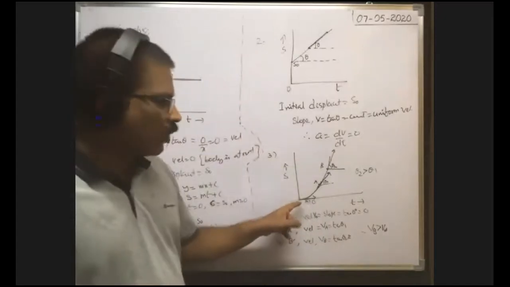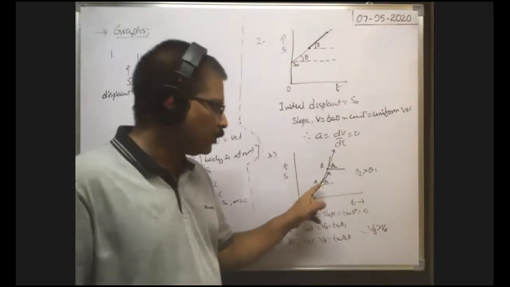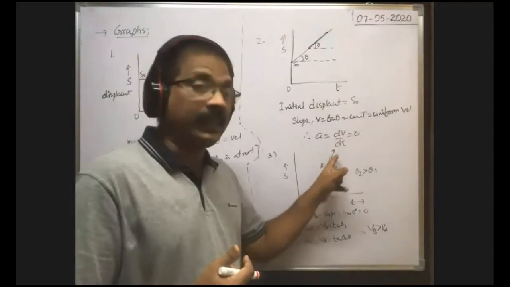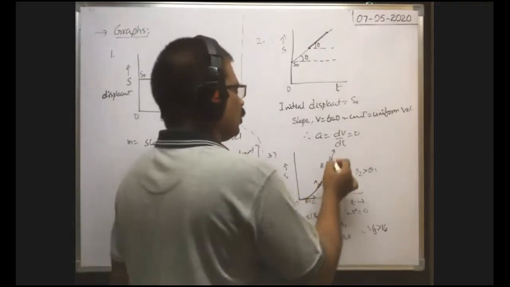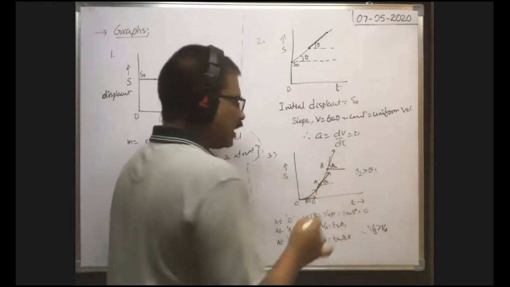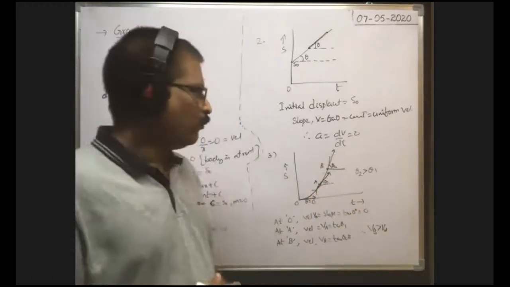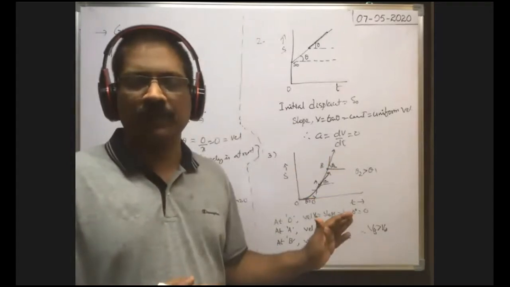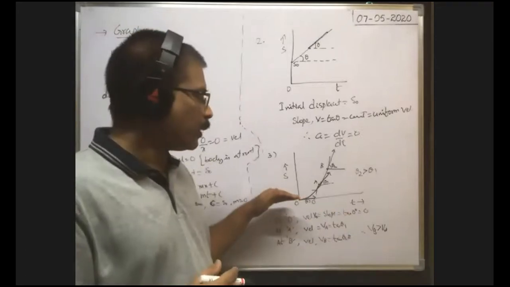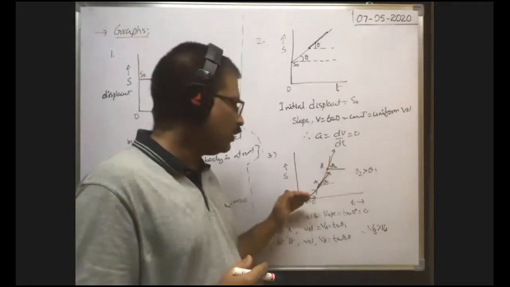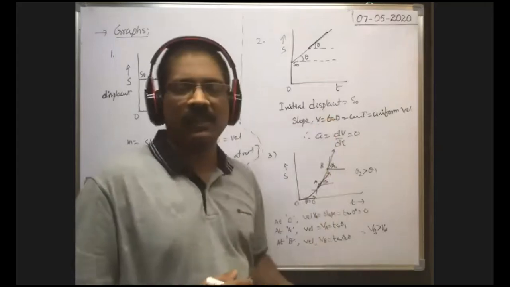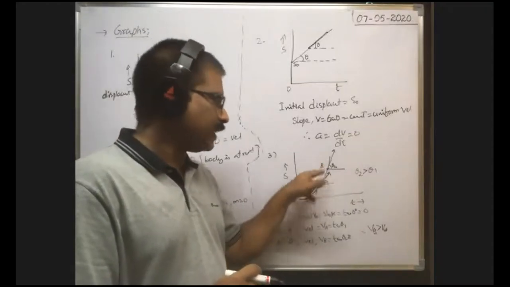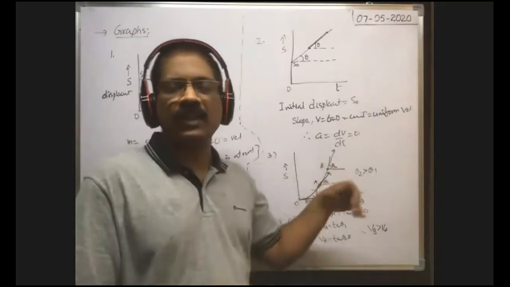At the origin, velocity is 0. When you come to the point A, the velocity is something. When you come to B, velocity further increases. That means when the body moves along this curved path in this direction, what about the velocity of the body? When we move along the path OAB, does the velocity increase or decrease? Here velocity is 0, here some velocity is there, here velocity is greater than the velocity at this one. That means when you move in this direction, velocity increases, no?